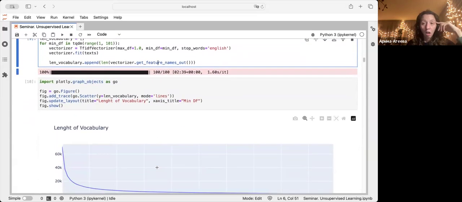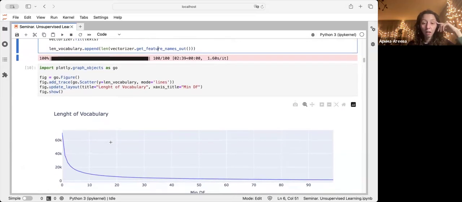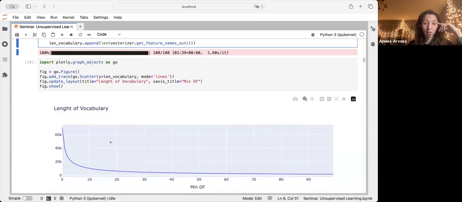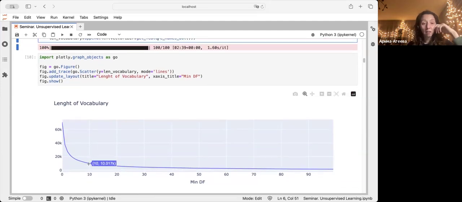Yeah. So we can see how the length of the vocabulary is changing when we increase the min document frequency. And for example, we can decide that we will work only with these tokens